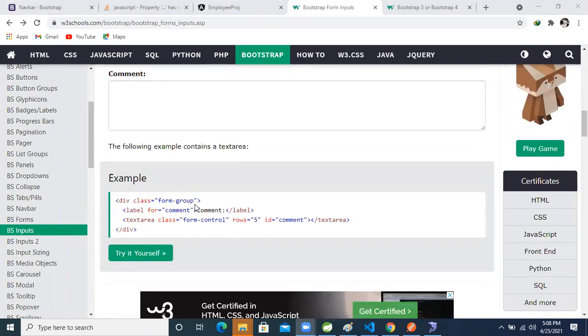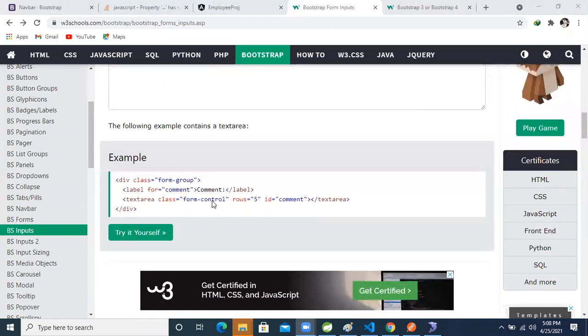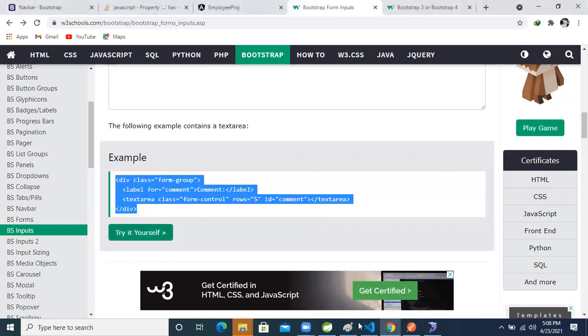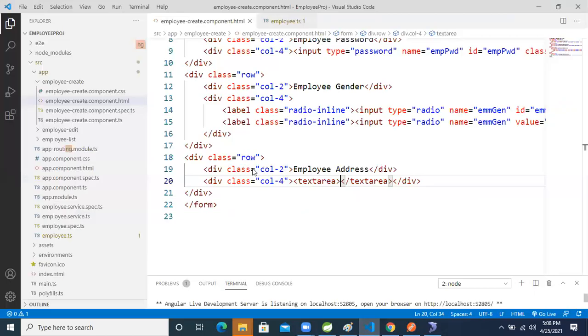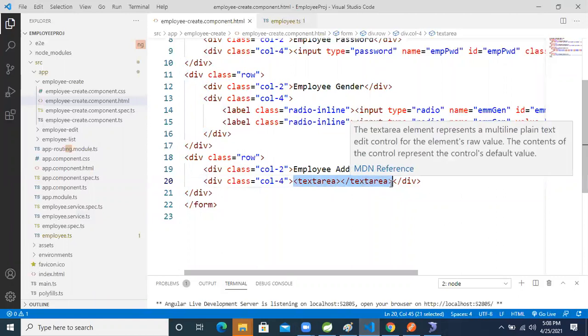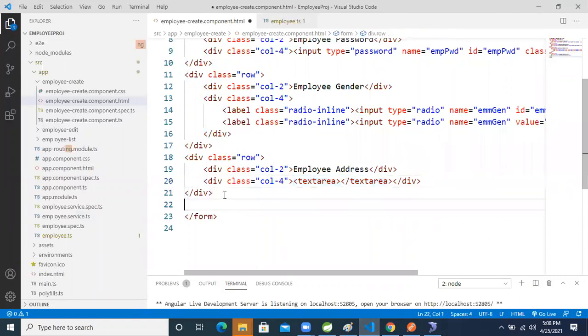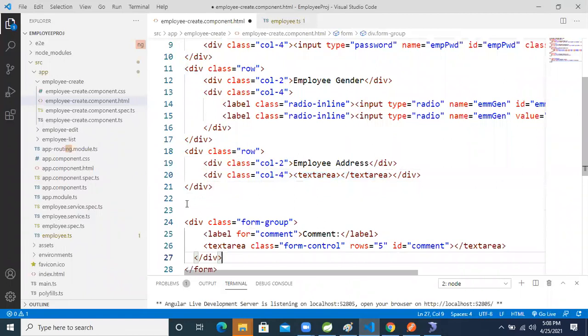No, not this one. This one. Yeah, this one only. Let's copy this one. Okay. Copy now. Text area, right? Come here. And put it inside that. First, I'm putting this here. I want to see the first view. Then we will design it. Okay. So div class.